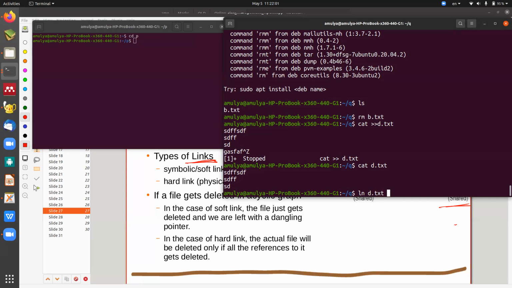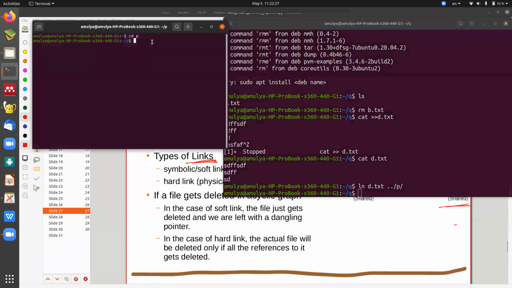So where to link it? I have to link it with P. Means you are not copying. Copy means what? The same text has to be copied to another file which is created in that directory. But I am not copying it here. I am saying this particular d.txt which is present here, that is now linked where? In P directory. If it is linked here, now if you can see, there is a ls, this is created.